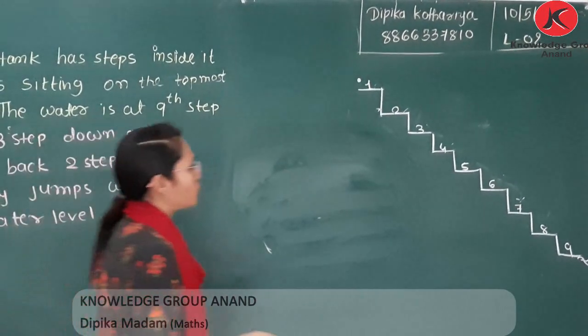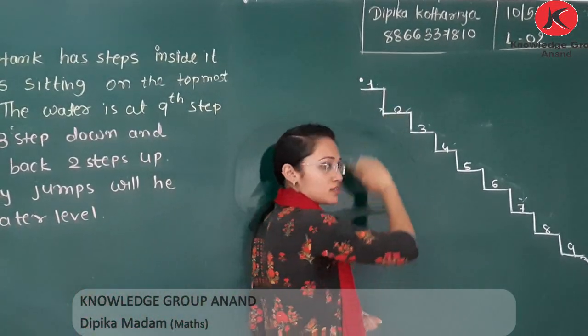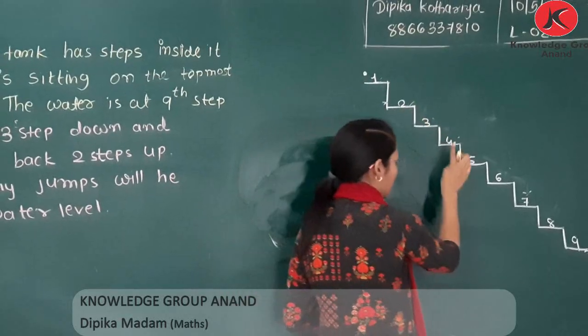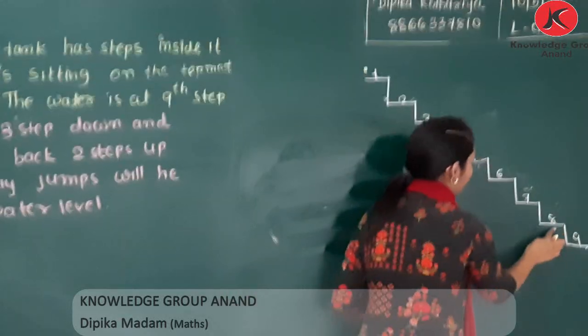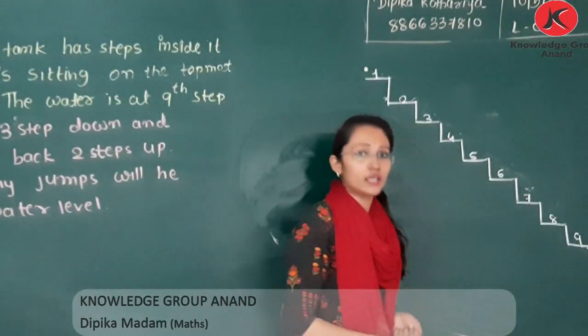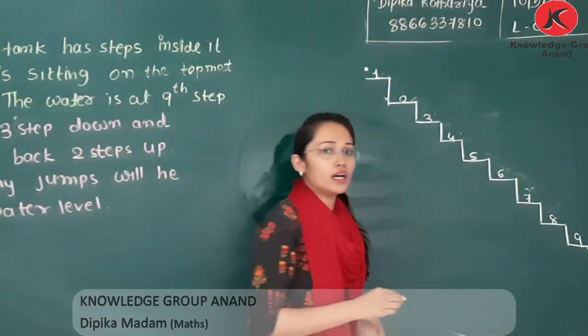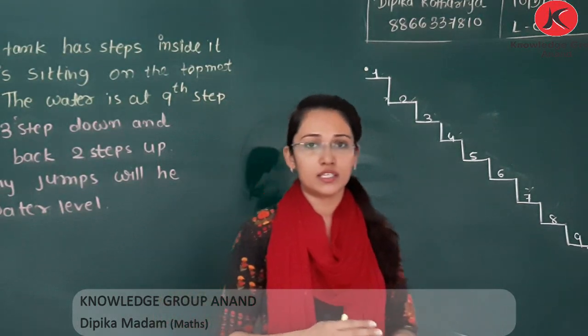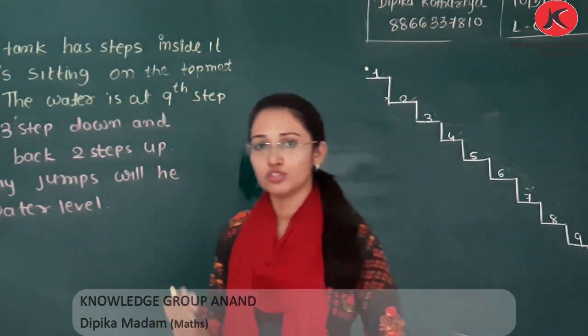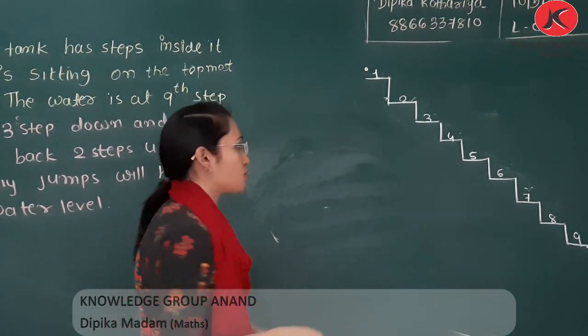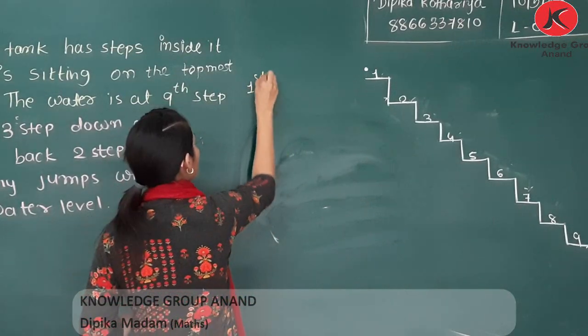So here I draw the steps: first, second, third, fourth, fifth, sixth, seventh, eighth and 9th. The monkey here is on the first step and the water level is at the 9th step. 3 jumps down, 2 jumps up. Okay, so in the first jump